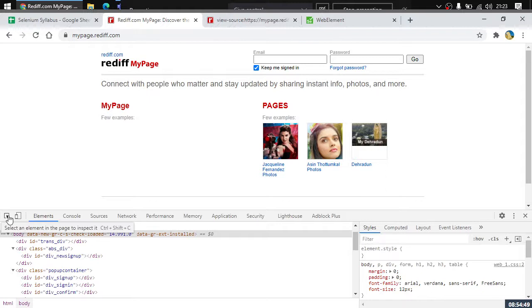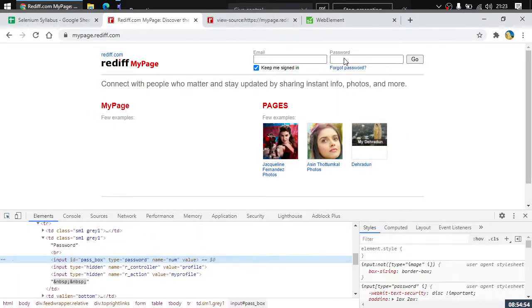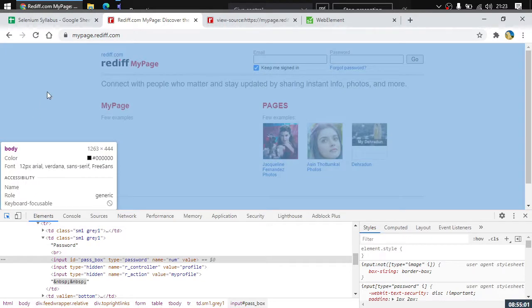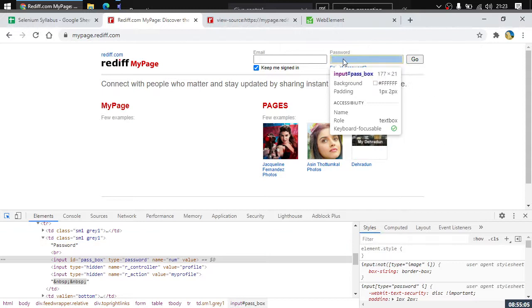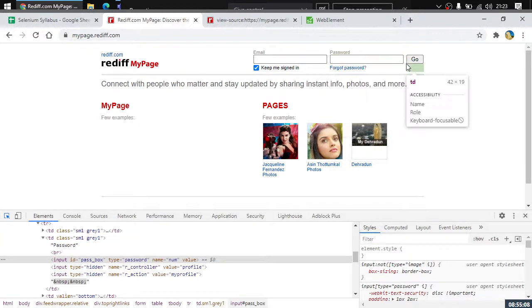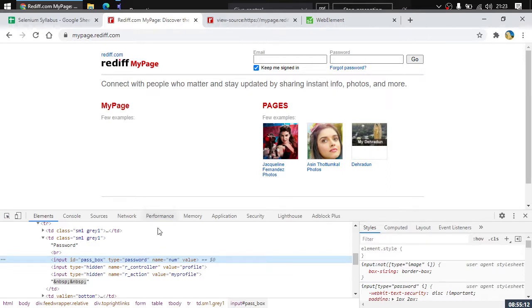Now, what if I want to deal with some specific element? Say I want to see the password field. Click here, see, click here. This allows you to inspect the elements. This works the same as the shortcut Control Shift C. Here you can see that I'm able to highlight the elements, right? So I'll highlight this particular password field. I click here and you can see that this is the element which has been highlighted here. Input is the tag name, type equals to password, right?